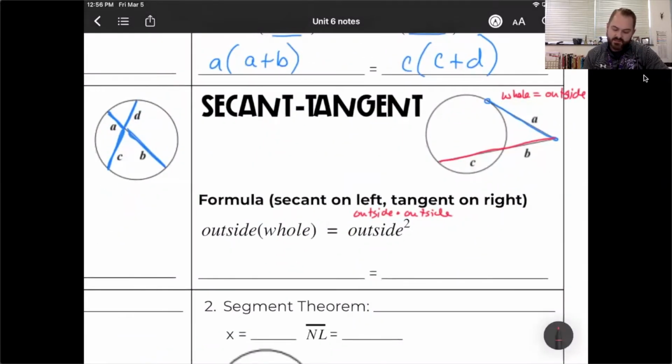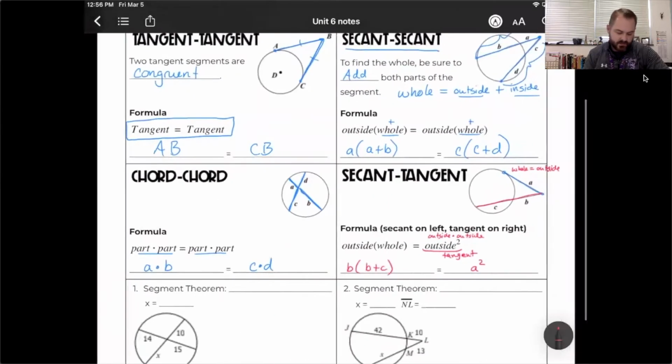So in this case, the secant portion would have an outside part of B, and the whole thing would be B plus C. And then the tangent segment would be outside squared, so that would be A squared. Okay, so we're going to use these relationships. We're going to use these word equations